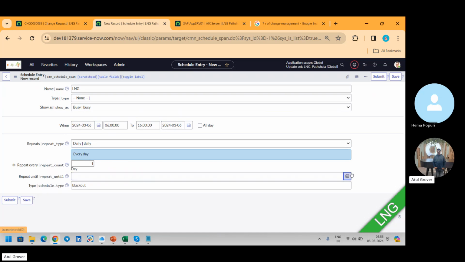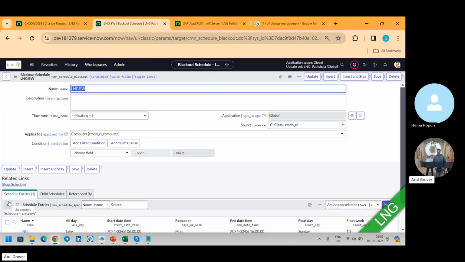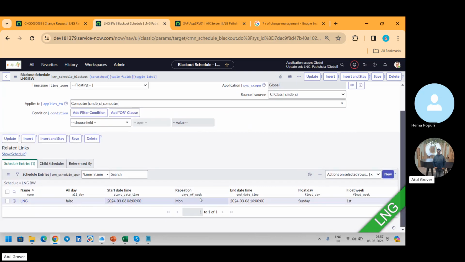So like if I'm putting it, let's say May, and submit. It means if any change will be raised on the computer class and need to be deployed between 6 to 16, then I'll get an error message. You want to see? Let's say